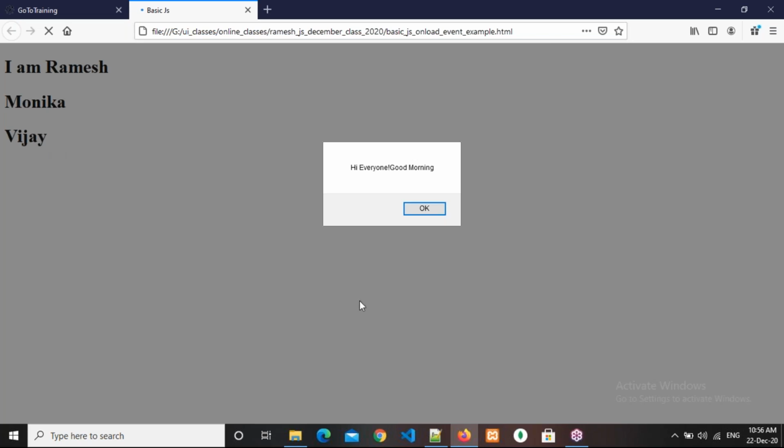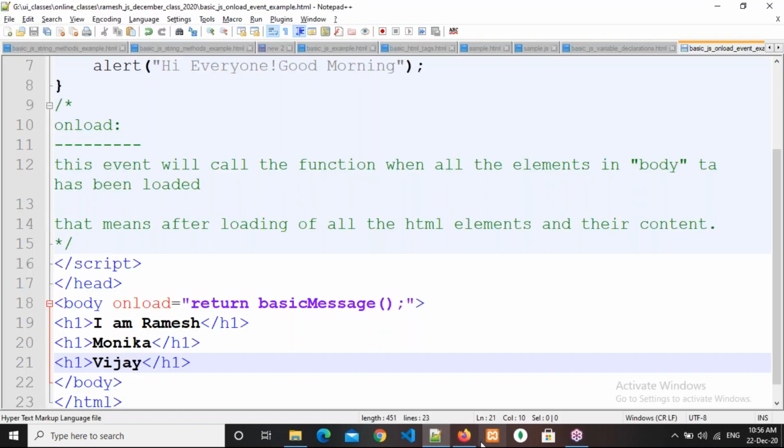So, quick question. Assume that you have some kind of text box in the body and something is written in it, populated. When this function executes, does it have the value in that particular text box?